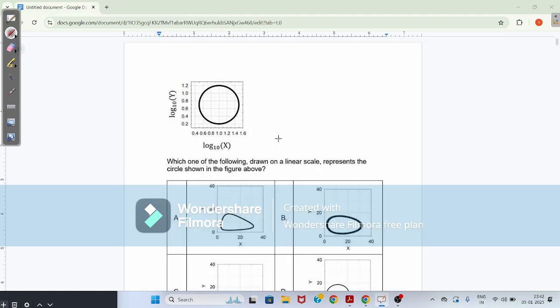This is the first question that we have. This is the logarithmic function of a graph which has been given here. This is the log y graph. This is the log x graph. Now when it is formed in the linear scale, it represents the form of an ellipse. This represents the form of an ellipse.